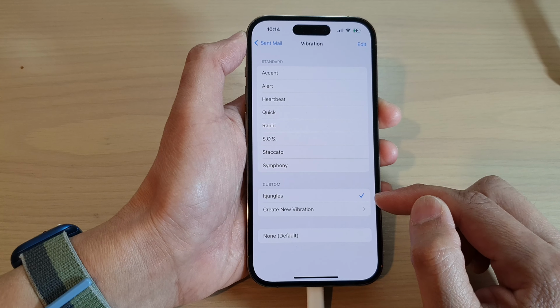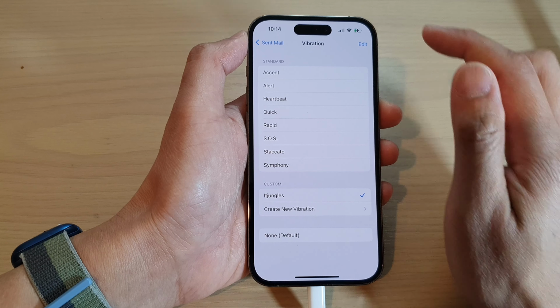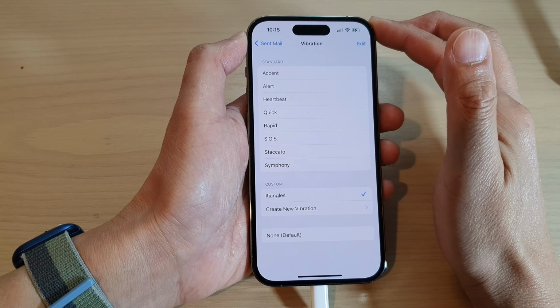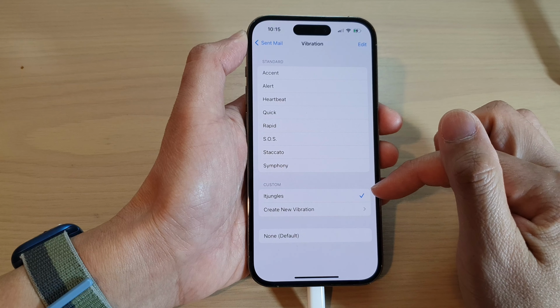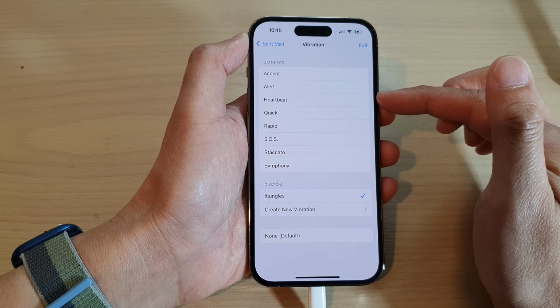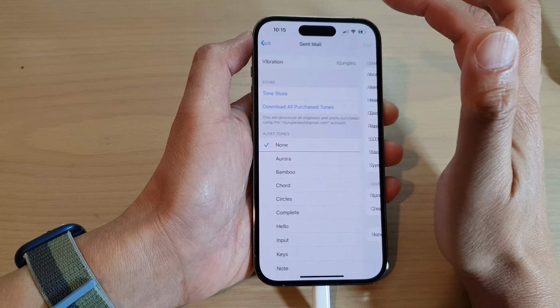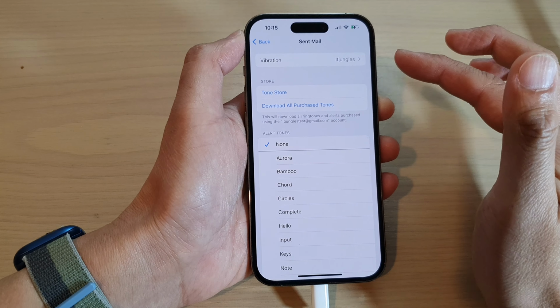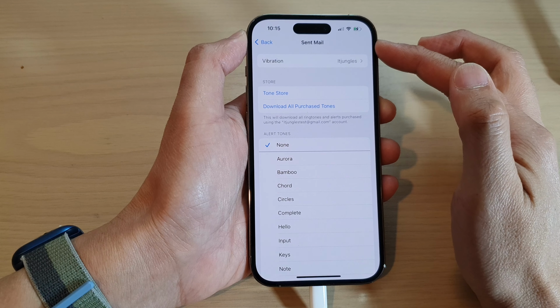So in here I'm going to name it IT Jungles, and then now whenever you send out an email, it will simply vibrate based on your pattern, or you can choose one of the preset patterns at the top. And that's it. That is how you can turn on or turn off vibration for sent mail on the iPhone 14